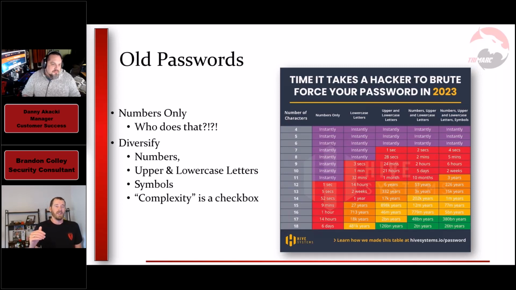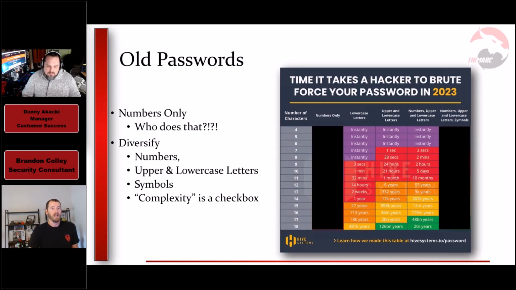So the other thing I want to really have a beef with here is the diversification of the far right. And the reason for that is that complexity, as it exists in Active Directory, states that it must have a number, an uppercase, lowercase, and a symbol, which is what that says. But complexity states that you only need 3 of those. So you can't enforce all 4. So it's not really an enforceable password. Now I get that if you set a password with that, okay, sure, you're more secure, and that's fantastic. But you can't enforce it as an administrator, as a decision maker, right? So we're going to knock those out.